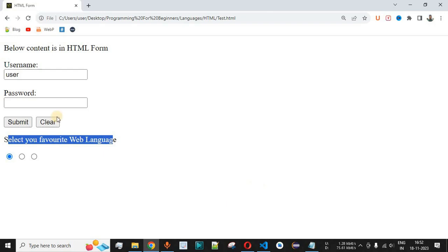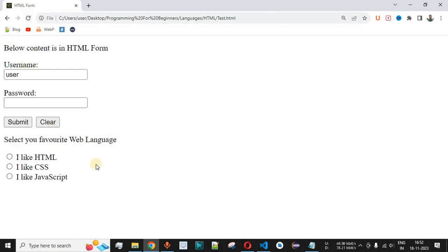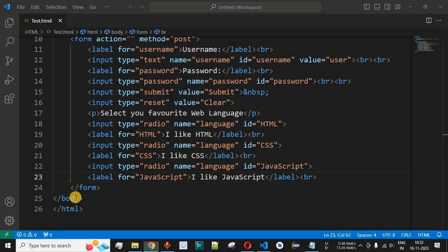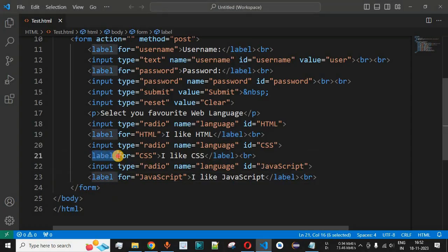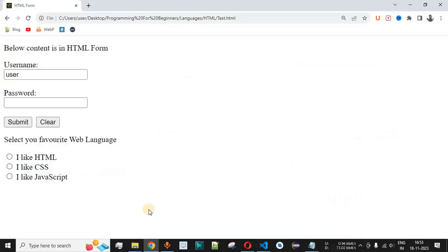Let me just save this file now and try reloading this page once again on the browser. So now as you can see, we have some text string as well, which is more sensible in order to select one of the options from this list of radio buttons over here. And guys, since we have provided the label tag and we have linked all those label tags with their respective input radio buttons over here, we can simply click on this text string as well to select that particular radio